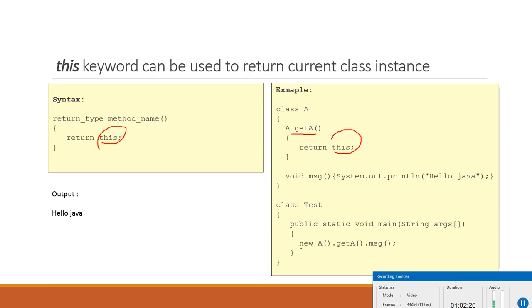What is the syntax for writing it? Return type, method name, and then you write return this. So for example over here, we have created the object of the A class, dot getA, dot message. All in one statement, it will call getA and then message. It will print Java.